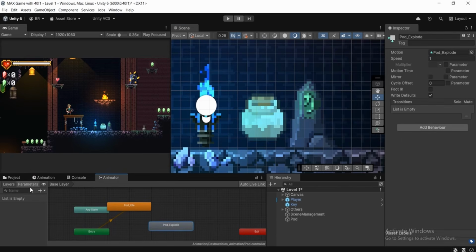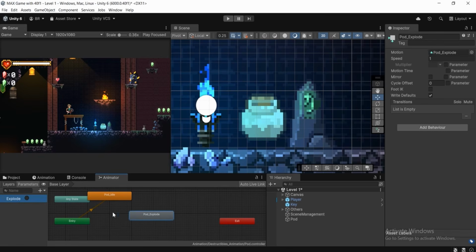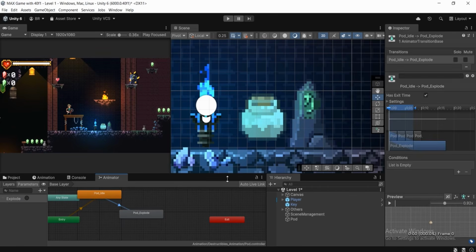So let's select the parameter, click on this plus icon, and I'm gonna choose a trigger, and I'm gonna call it something like explode. And let's make the transition. So I'm gonna right click on this idle, let's make transition to pod explode. I'm gonna choose the transition, let's uncheck the has exit time,